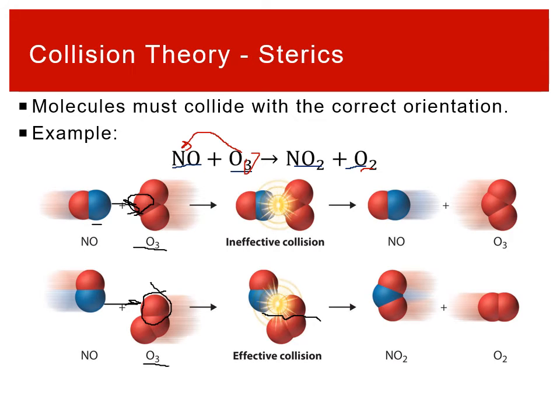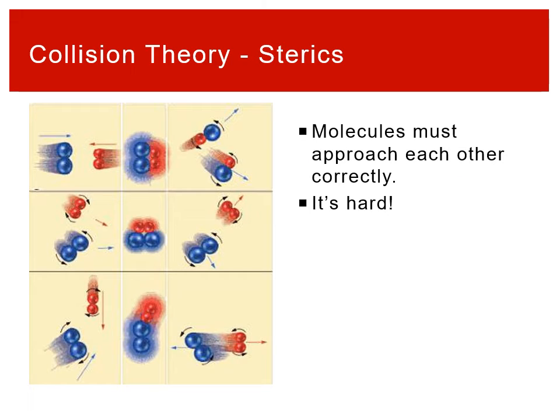On top of this, you think about forming new bonds, you've got to collide with the atom that's on the outside. It's got to be the right one. The molecules also have to have the right trajectory to come in. So if you look, we've got the two big blue molecules that are colliding with the two red, and basically they're just going to trade partners and become mixed molecules. And so in this case, if they collided perfectly head on, they hit each other perfectly, that would lead to a